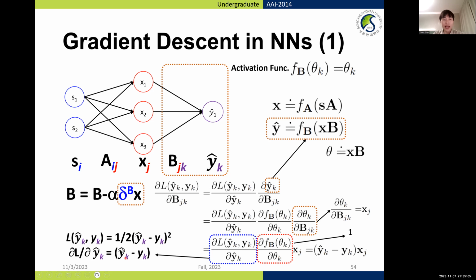Because yk hat is in the front, it's just times 1, so we don't need the 2 times. Then we can just replace here. Then look at the center of this part, which is fb theta k, and take the partial derivative with respect to theta k. Since this is the output layer activation function,